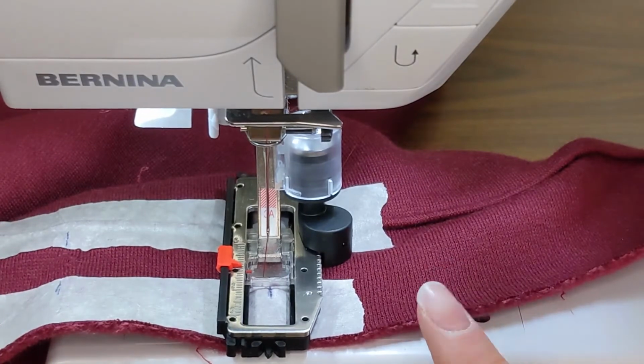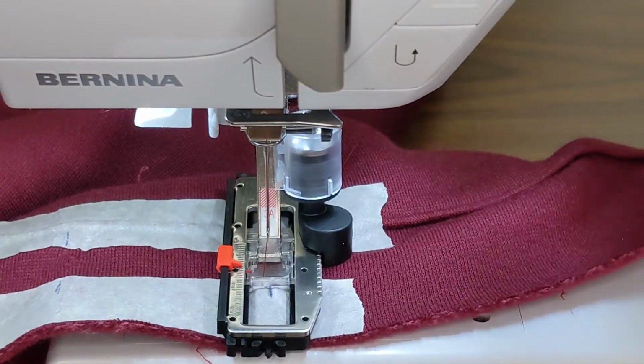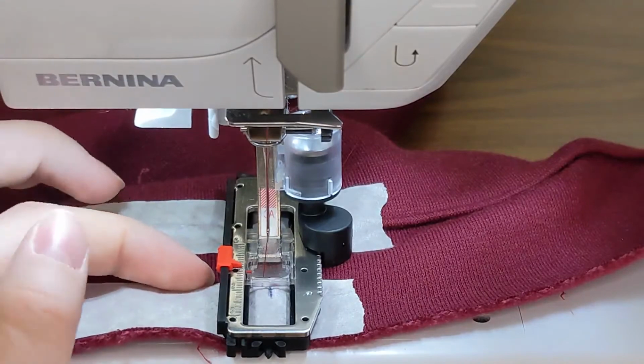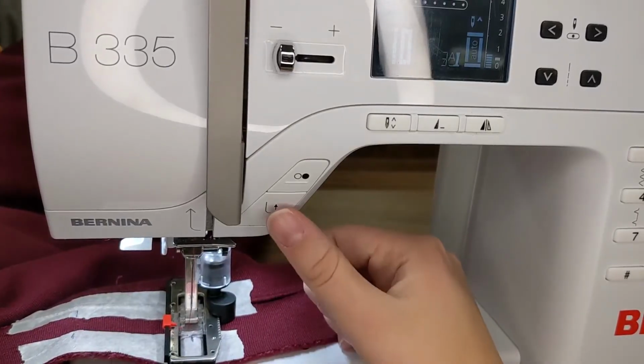Now that I've gotten to my masking tape, I'm going to hit the reverse button. I haven't done that yet. I'll do it one time, and then it's going to change everything on my machine. It's going to let it know that's how long I want this buttonhole to be, and it will remember it for me. All right, so I'm going to hit this reverse button one time,